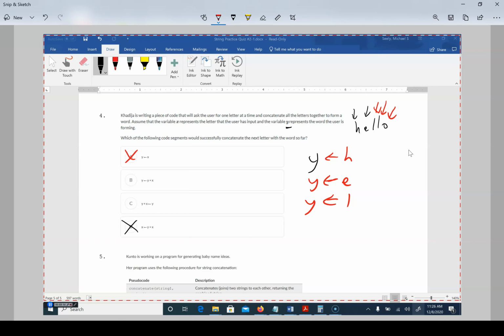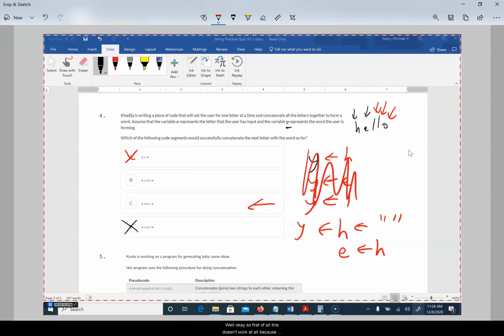So what would happen here is that you'd have X, which would be H, and that would be initially blank, right? And so Y would be, so this is looking at this one. So Y would be set to H, right? And then you'd have the next letter, E, which would be put in. So E would be put in, and then Y would be H, right? Oh, this is all jacked up. You'd have, wait. You'd have,